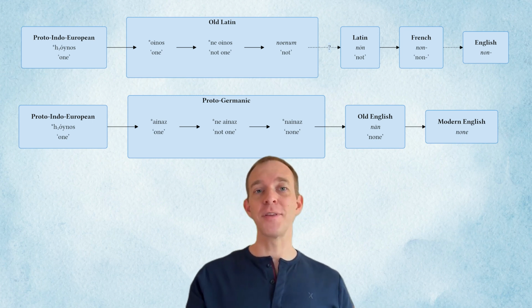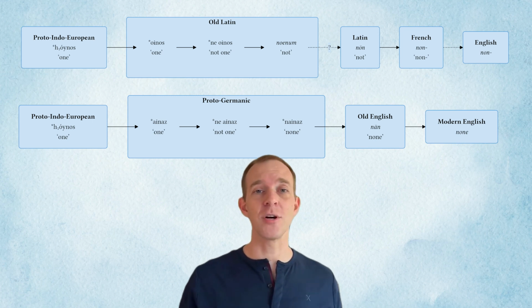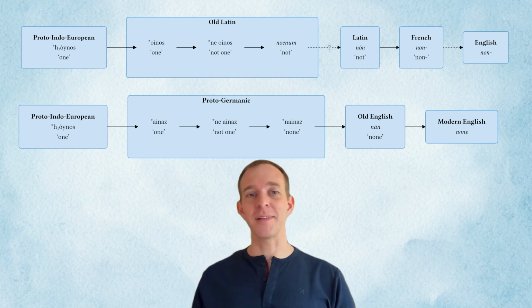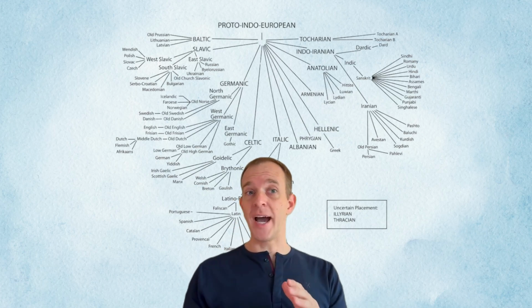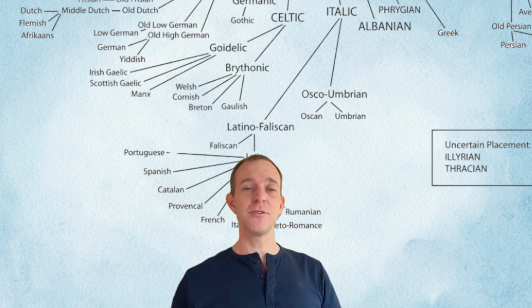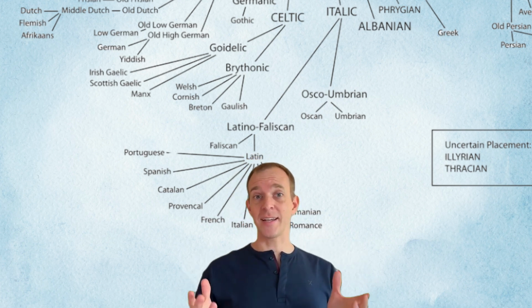English later borrowed the prefixed form of this, non, from French, and now it appears in many words such as nonplussed, non-believer, non-fat, and countless more. The last reflex of oinos that came through French is actually a close parallel to non. So if we go one step lower than Old Latin on our etymological tree, we get to Proto-Italic, and that's the ancestor of all of the Italic languages.